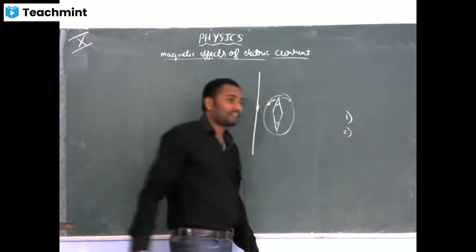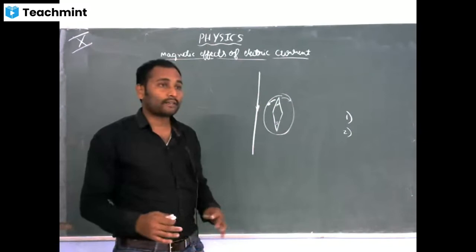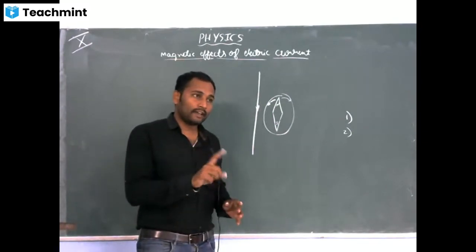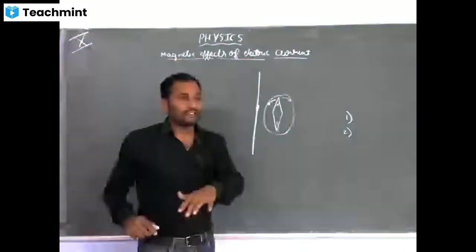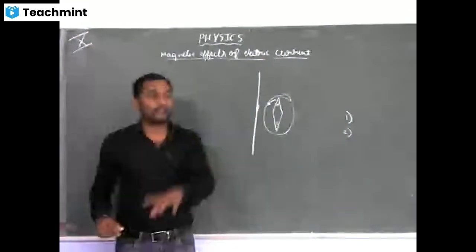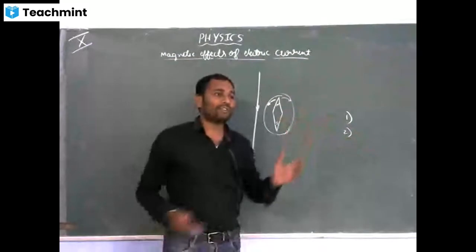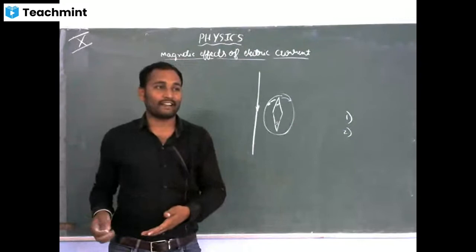When you go to the second part, the scientist Michael Faraday will come. What he has done is, if you allow the current to pass through a conductor, it is producing magnetic effects, so he started doing experiments on that. When I come to the second part, I will explain how with the help of a magnetic field we can induce electric current.